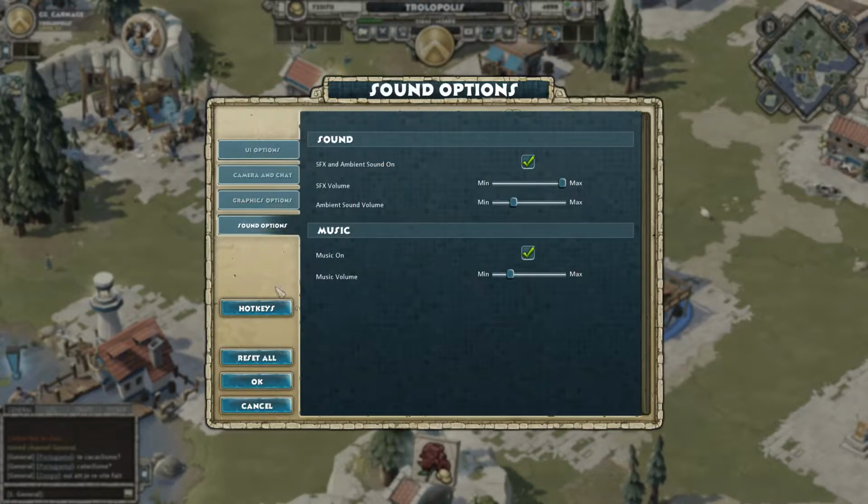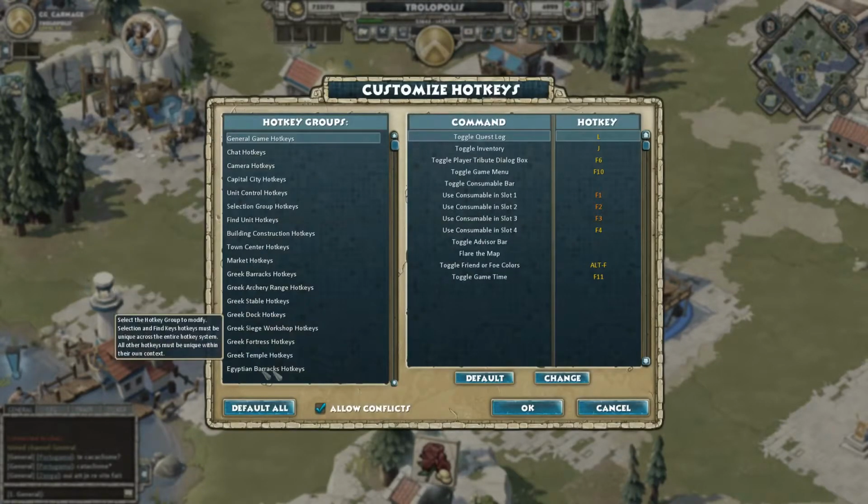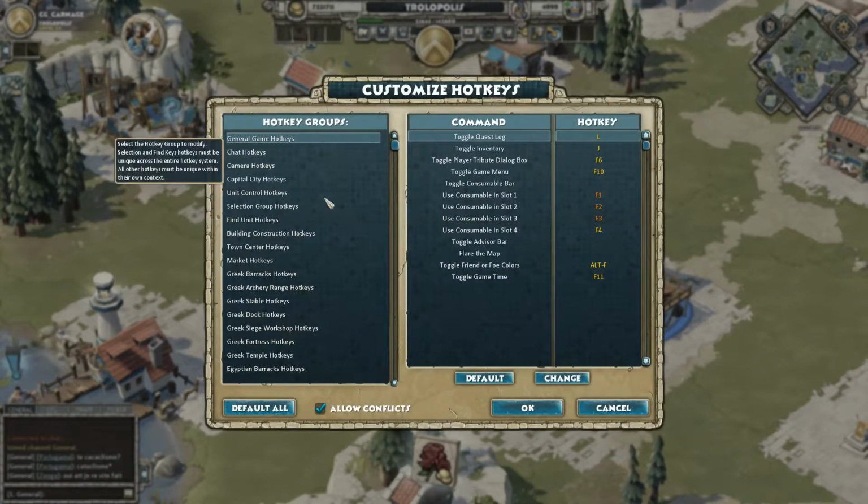Next up is the hotkeys. Click on hotkeys and then you can customize every single hotkey in the game. Of course, ideally you want to customize and use every single hotkey there is, but you know, the most important